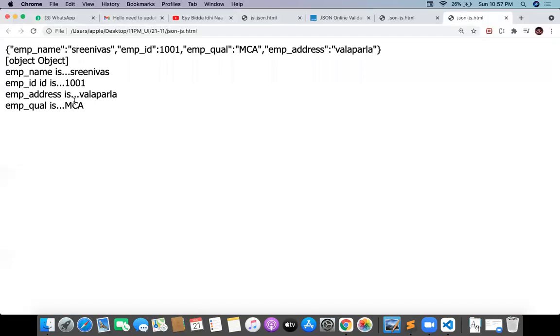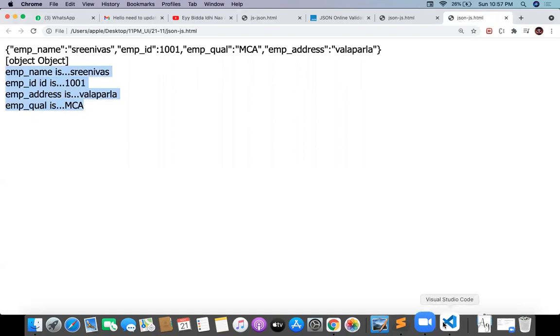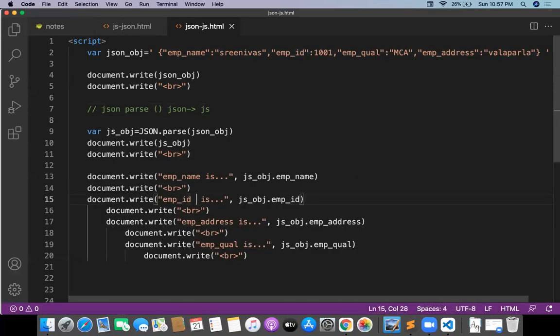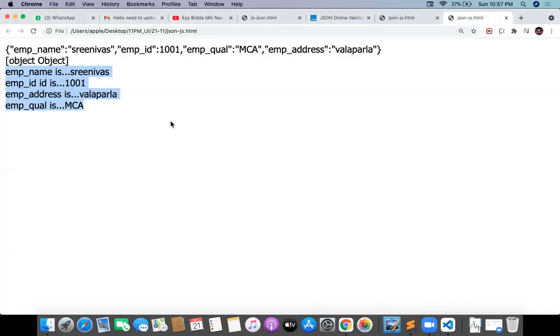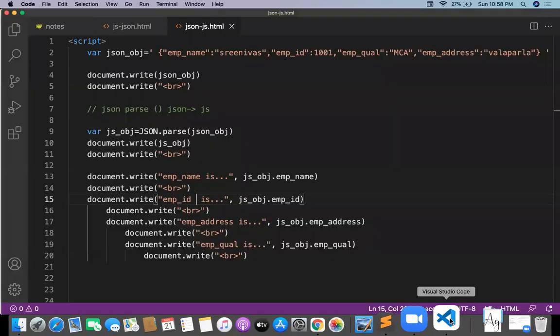What is going to happen? Employee name is Srinivas, employee ID is... no, why ID two times? Okay, employee ID is 1001, employee address is developer, and employee qualification is MCA, something like this. Why? Because we are actually breaking the object.